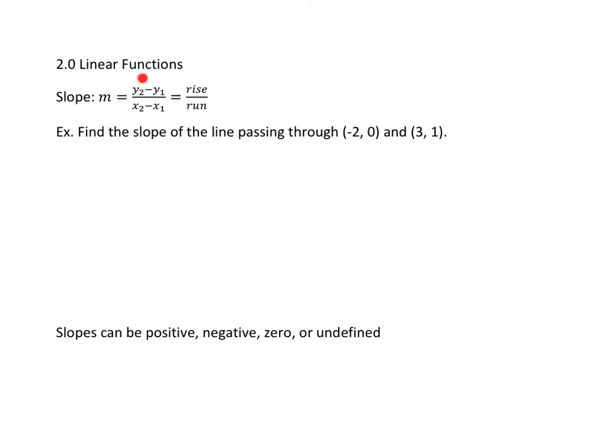Well, I subtract my y values over my x values, otherwise you rise over your run. Make sure you use your first coordinates first or your first coordinates last, the same. So my slope for this one is going to be 0 minus 1 over negative 2 minus 3. So this is what I was labeling my x1, y1, my x2, my y2. And this is going to give me,